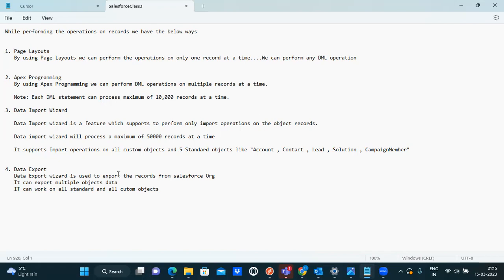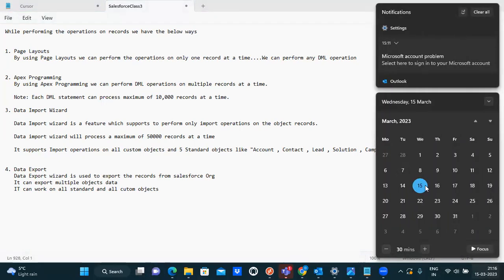So if there is some problem on my Salesforce org, I'm safe, since the data is already saved in my shared drive. Suppose some issue happened today, on Wednesday the 15th, and my Salesforce org has collapsed. Of course, I'm 100% sure it will never happen, but